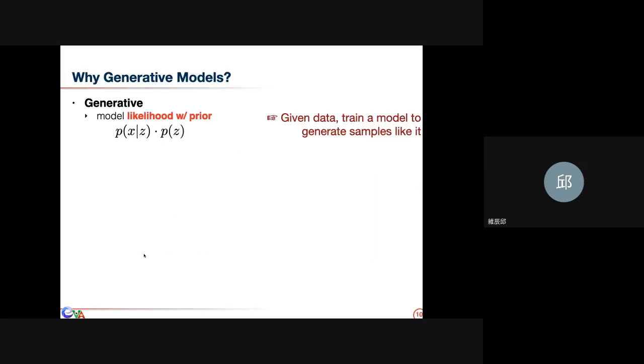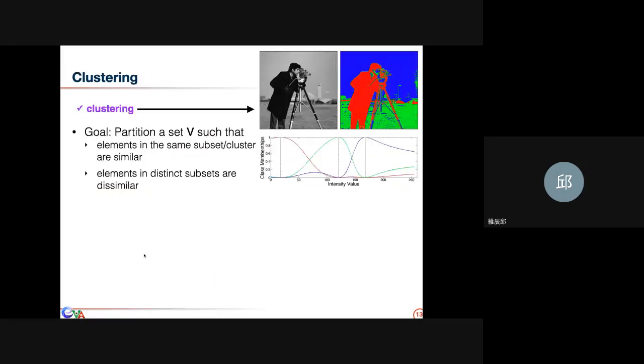Okay, so now we will go back to the first category, the subcategory in unsupervised learning. It is clustering. Okay, so the clustering